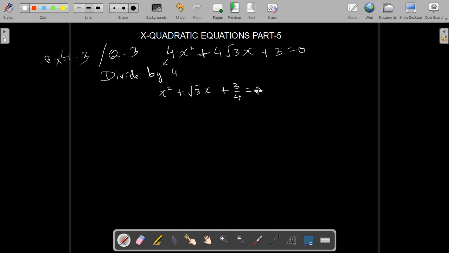Then we have to make the coefficient of x half and add and subtract its square. Correct? So add and subtract the square of root 3 divided by 2, and its square. So we get